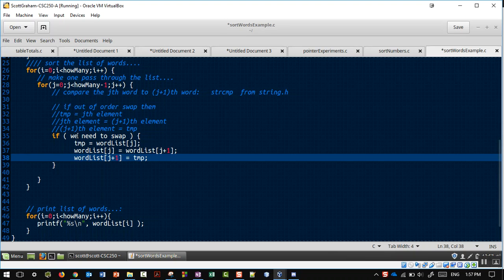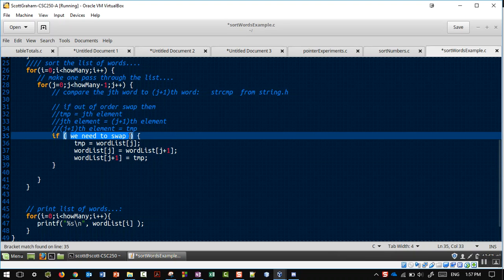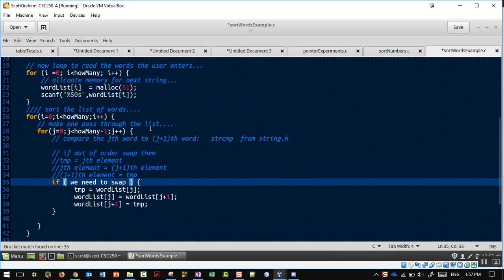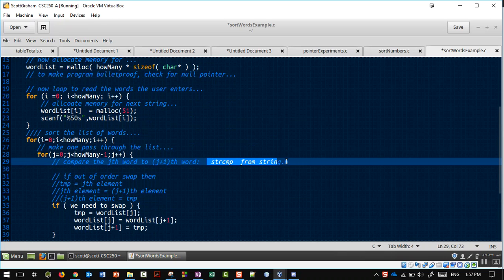So now we just have to figure out how this if we need to swap thing comes in, and that comes back up to the tip that we need to use this strcmp function from string.h. So just open up a browser window and Google for strcmp, Google man page strcmp or tutorials strcmp. And since we have more than 15 minutes left, I'll let you see if you can figure out how you can use that function